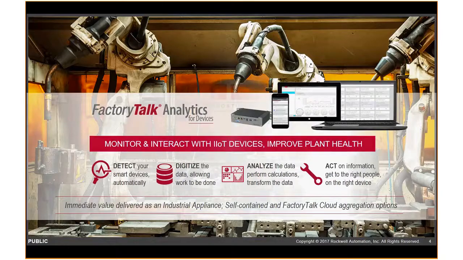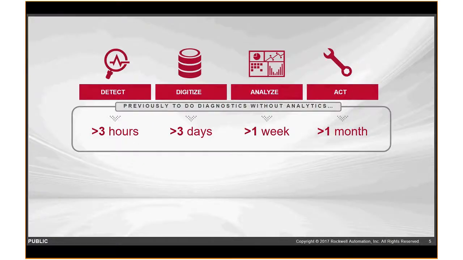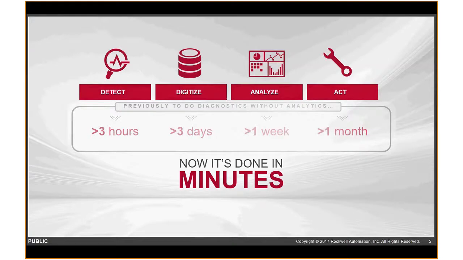We believe that for a customer to do this through their own programming, it would take hours, if not multiple weeks, to find out all the different things that are out there, typing in IP addresses manually, figuring out where to store the information, figuring out what analysis and dashboarding they want to do, and then ultimately figuring out what they should do to fix the issues. We think this would take a very long time, and we're capable of doing that in just a matter